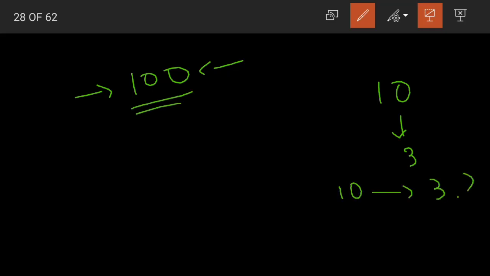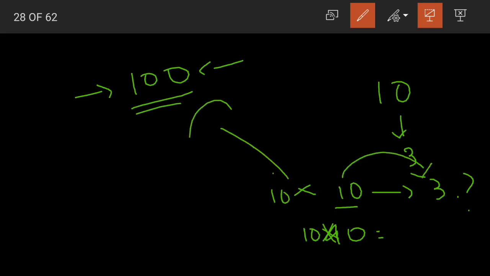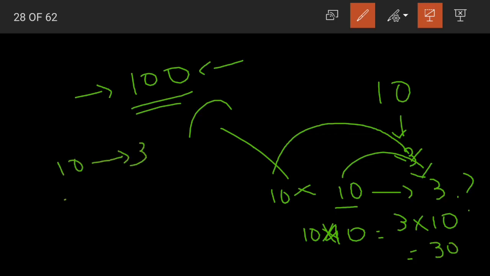Then for 100 parts, how many parts did he shade? 10 into 10 is equal to 100. Yes, we are having 10 tens in 100. So here in each 10 we are having 3 shaded parts. Now we are having 10 tens. So we'll have 3 into 10, that is equal to 30 shaded parts. Understood? For every 10 parts, 3 parts are shaded.